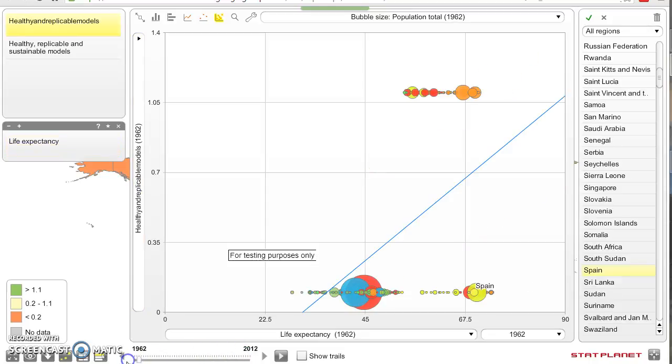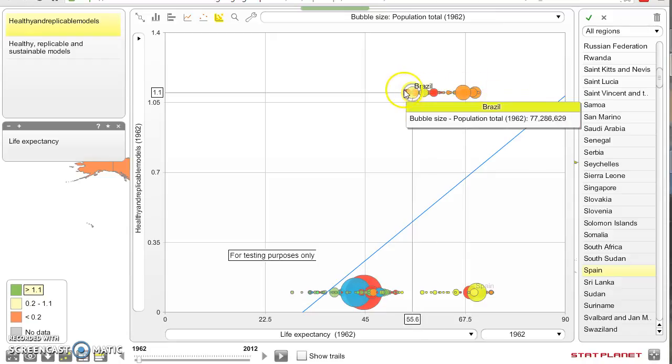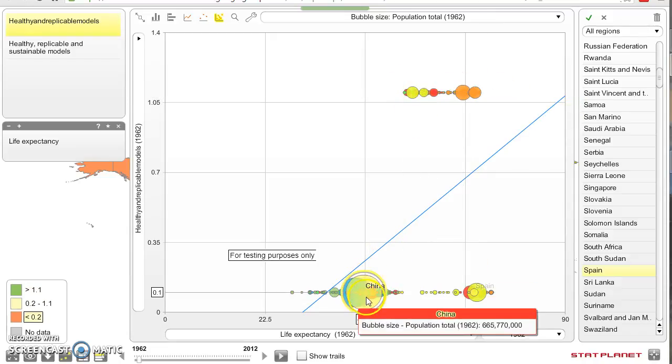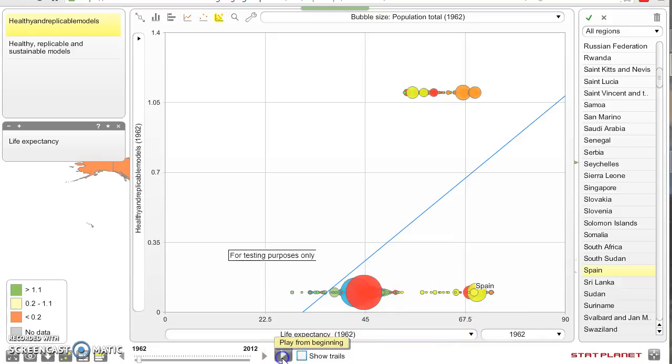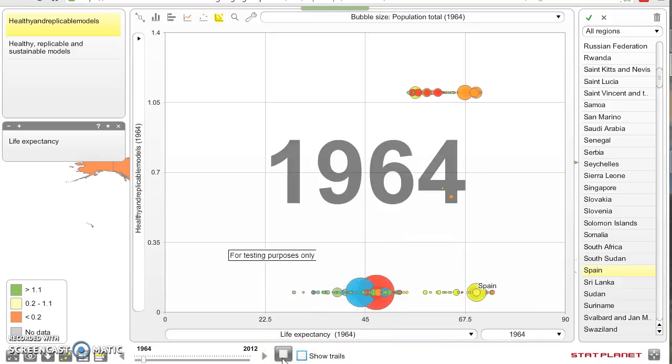Which countries were in this group of sustainably healthy and replicable models and which were not, and how has this been evolving. And we see that